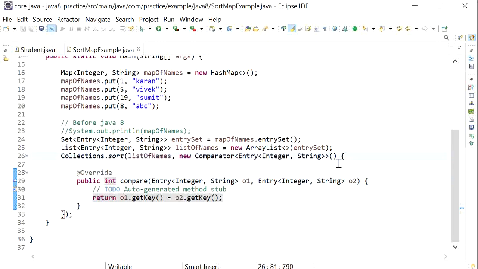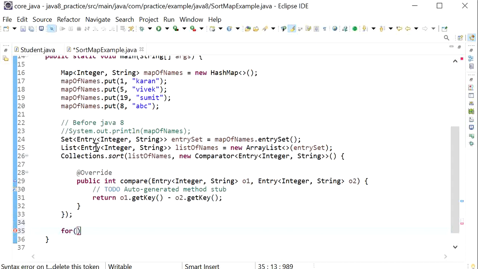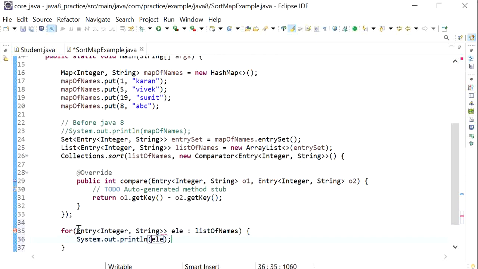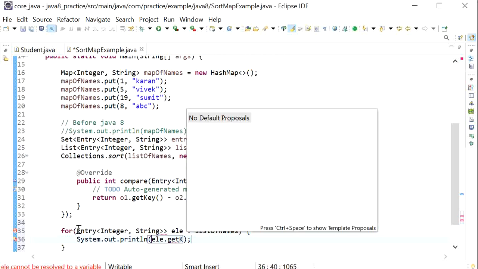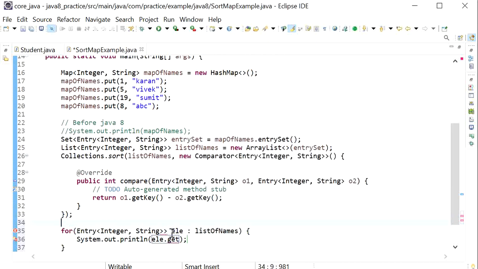After that I just need to print all the elements. So here I will use a for each loop and print all the elements of the list of names, calling getKey and also getValue.